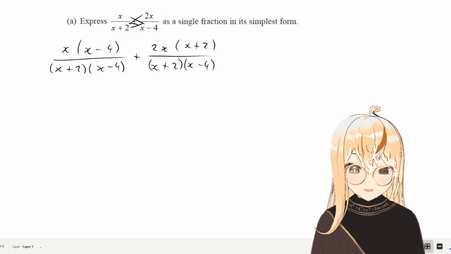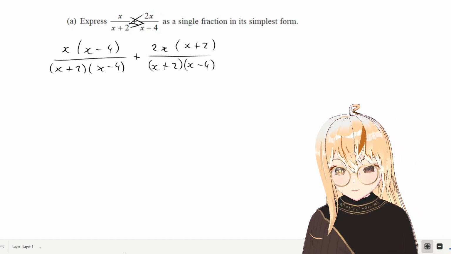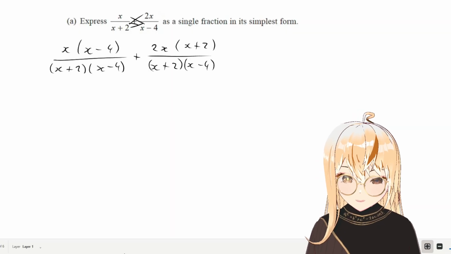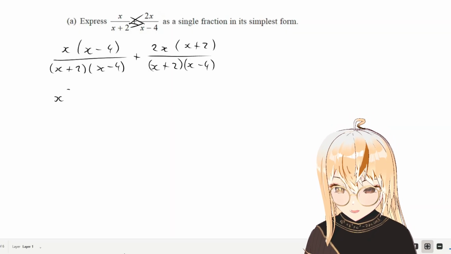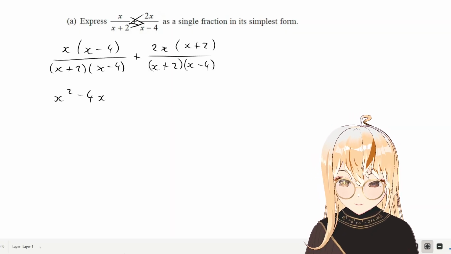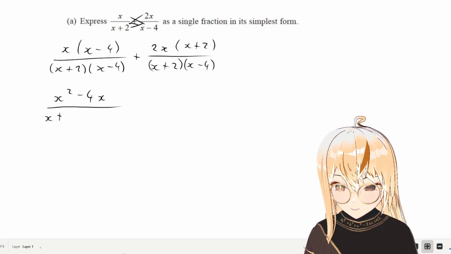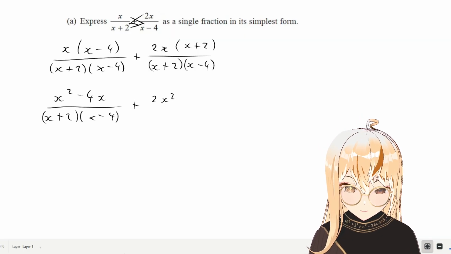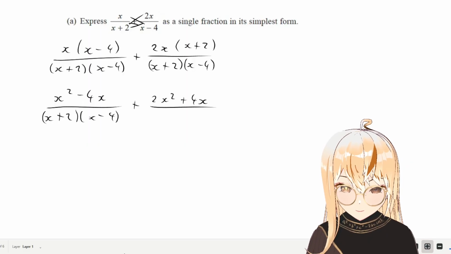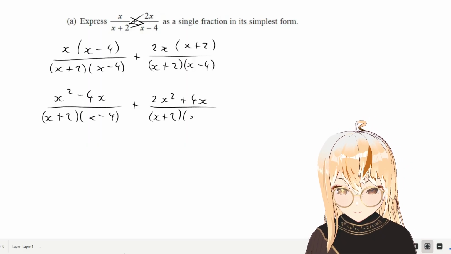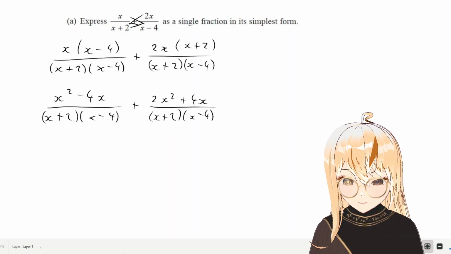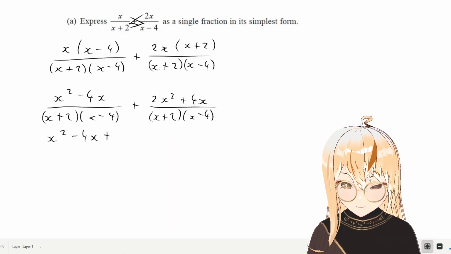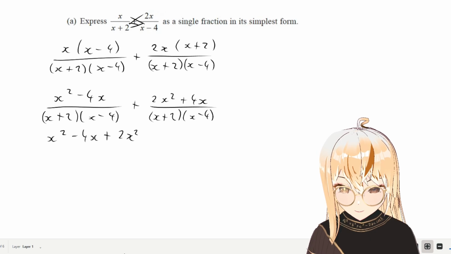And so now they have the same denominator, we can put them together, but I'll just expand the numerators first and then add them later. So we've got x squared minus 4x over the long denominator plus 2x squared plus 4x over the same thing. Now I'll put them together. x squared minus 4x plus 2x squared plus 4x